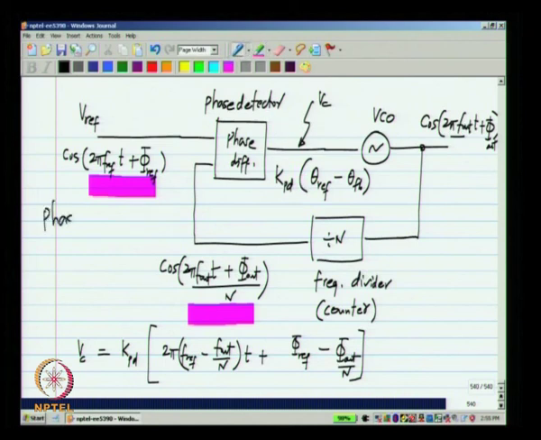This is known as a phase locked loop or PLL, and it is a very widely used block, and by changing n you can also change the output frequency from the same input. And in fact, that is the mode in which the phase lock loop is used very often. It has many other uses, but one of the main uses is for what is known as frequency synthesizers. By changing the value of n, the output frequency will be n times f ref, n times the reference frequency. So, by changing the value of n, the output frequency can be changed.